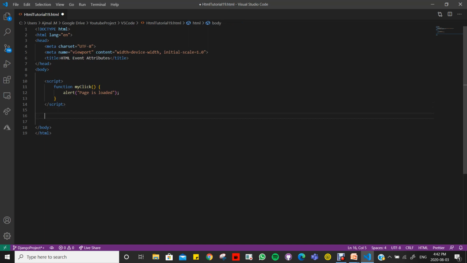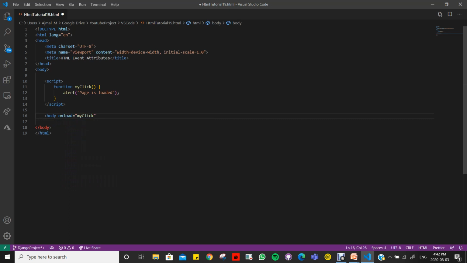And for the HTML portion, this is where the onload event applies. So we're gonna write body onload equals